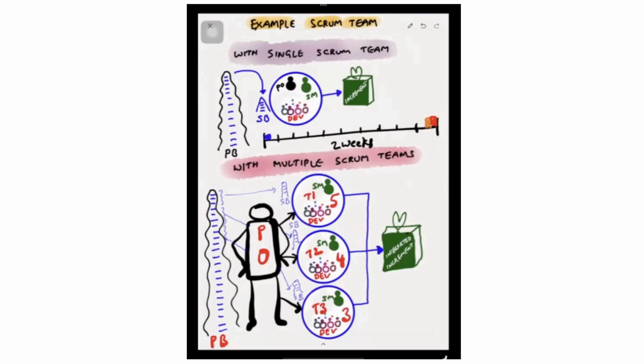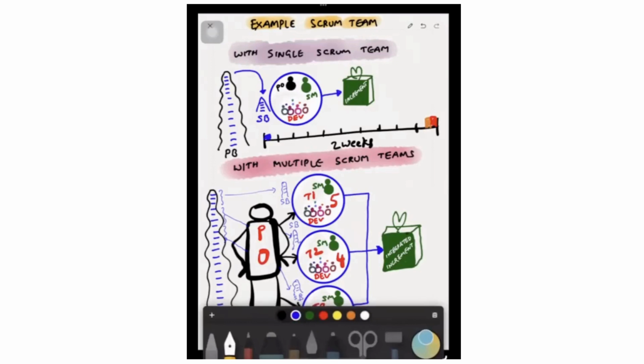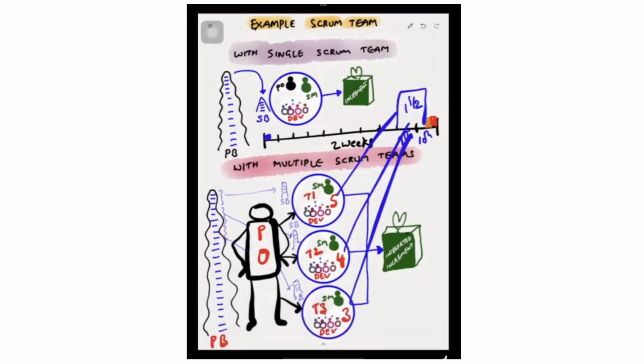Now let's imagine all these 3 teams have planned in such a way that the last 1.5 days, that means the 9th day full day and the 10th day half day, they want to keep for integration testing of all these 5 items, 4 items, and 3 items. This is not a good idea, because what if this 1.5 days is not sufficient to complete integration testing for all the 12 items? They are not able to create an integrated increment. So what is a better approach? Instead of keeping 1.5 days as a lump sum amount towards the end,